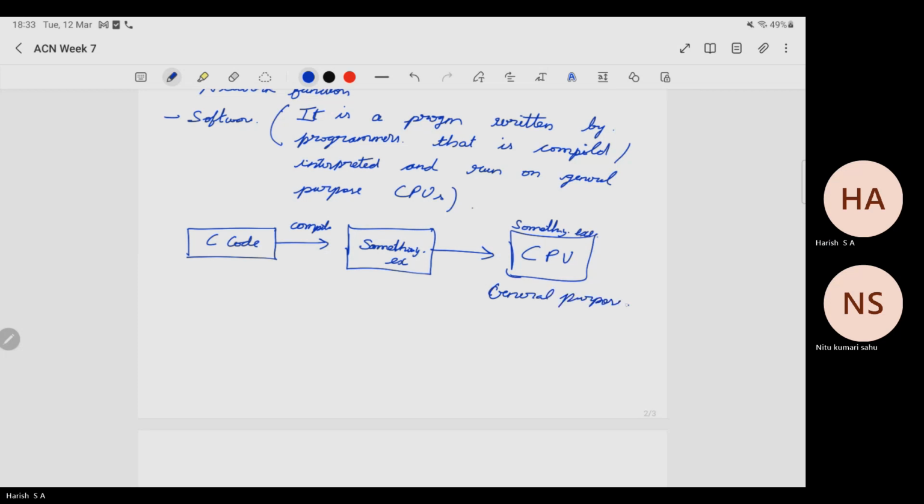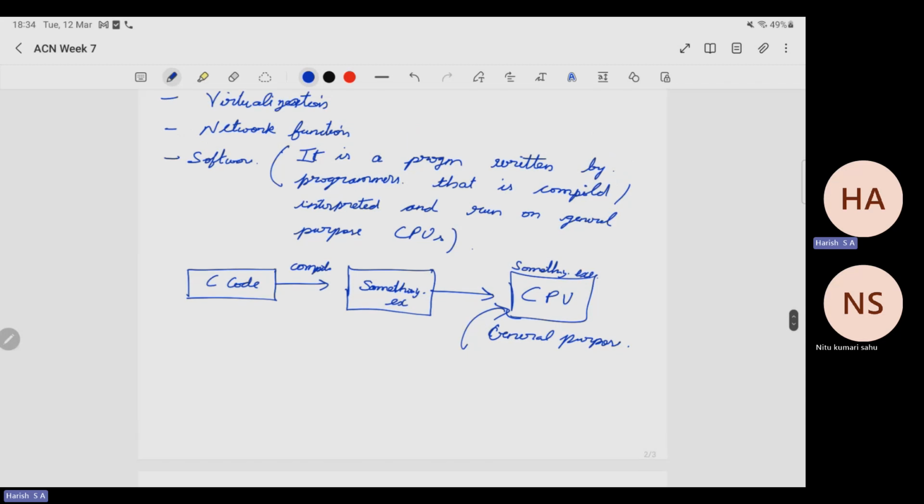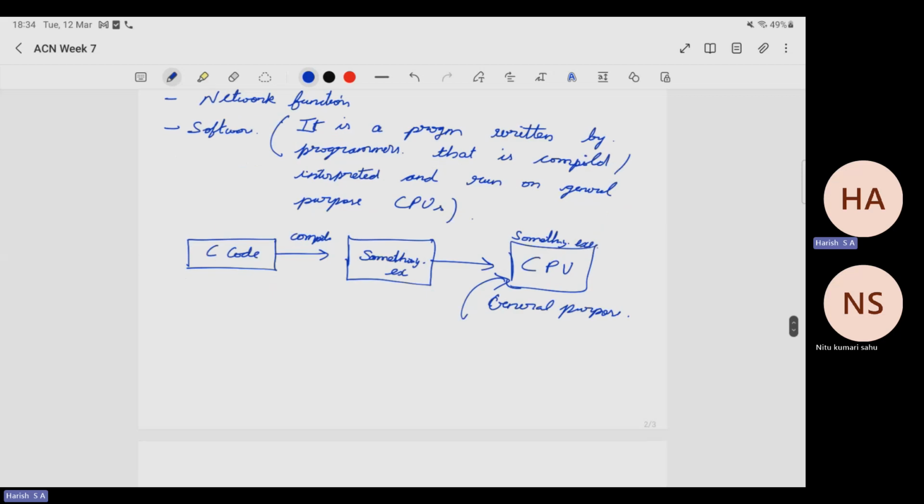And what this general purpose means is you can basically do anything on the CPU. You can write programs, or you can watch videos, or you can play games, or you can do development. You can pretty much do anything. You can edit videos. You can do anything that you want. That's why it's called general purpose. But